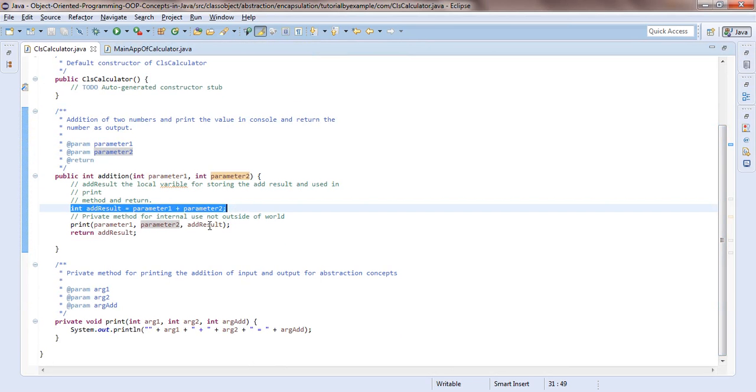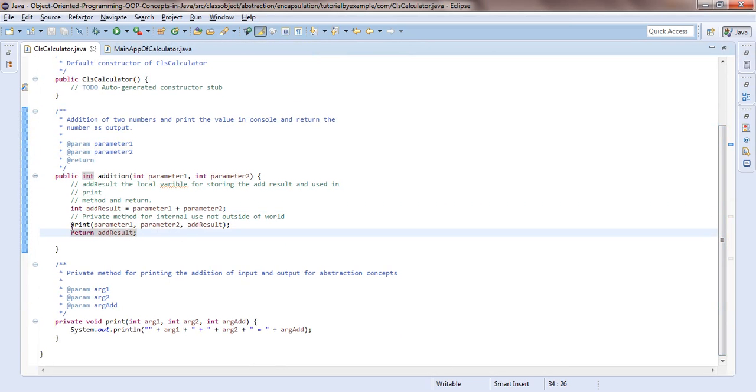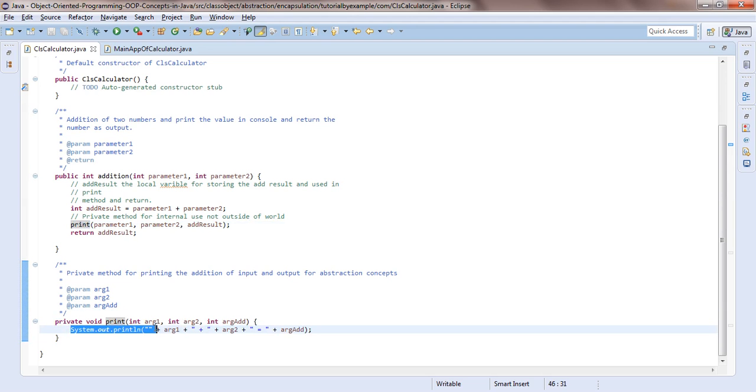After that we implement one private method, private void print, with int arg1, int arg2, and int add result, and I'm just printing on the console